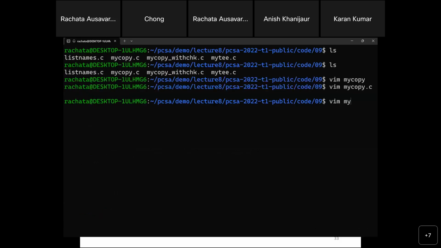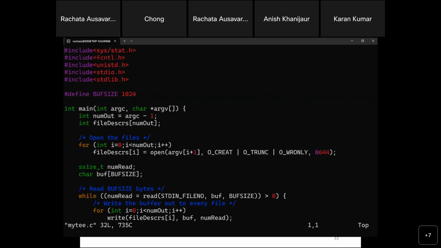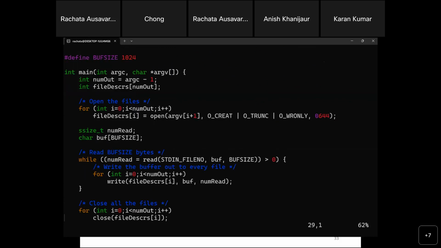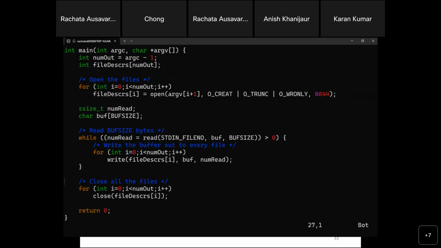Now, here's the tee command. Again, the tee command is also simple. I read something I'm typing in, and it basically echoes that to the output, the terminal, and then writes to the file, right?